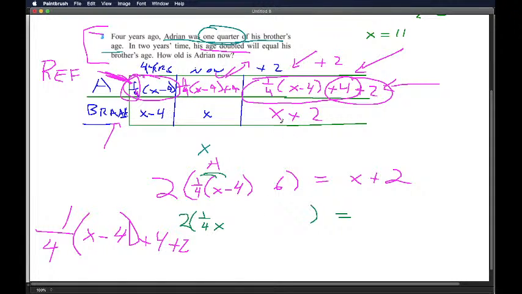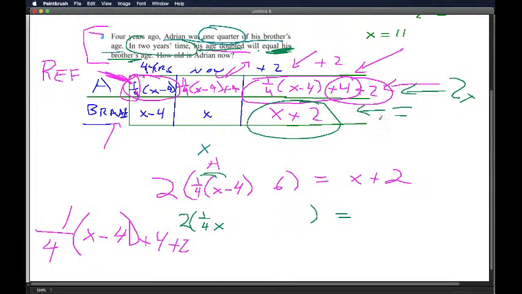Well, it's relevant because it says in 2 years' time, Adrian's age doubled will equal his brother's. So we need this here. All right. So that's why it's relevant. In 2 years' time, twice this age here will equal this age here. So that's what I've written in my equation. All right. So